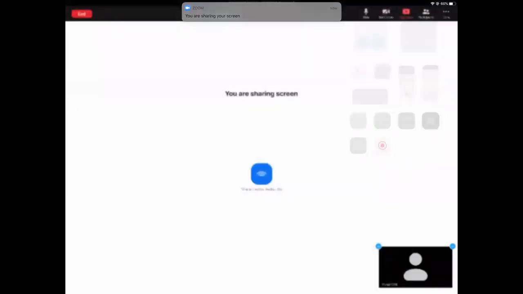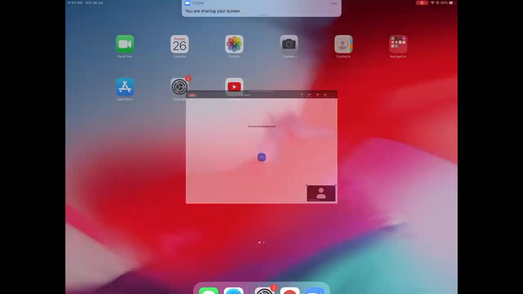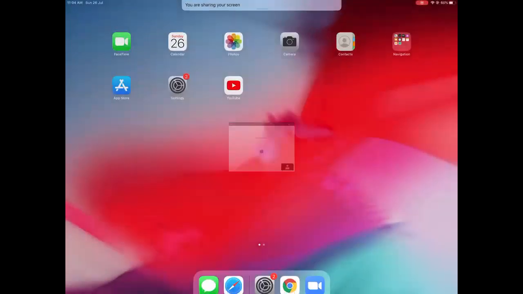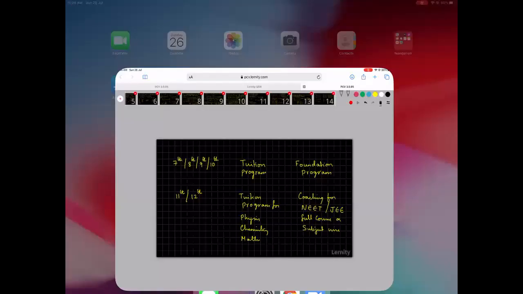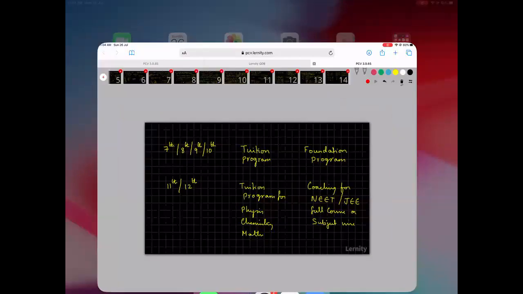Last class, I think we were doing structure of an atom, and I explained to you how to find the electronic configuration of elements. We looked at hydrogen, helium, lithium, beryllium, and so on. I'm not sure if we have all completed it, so let us go there and see if we can rewrite that again.